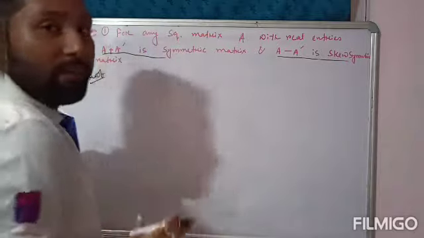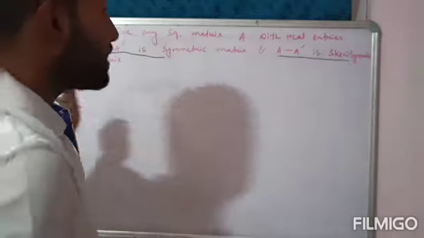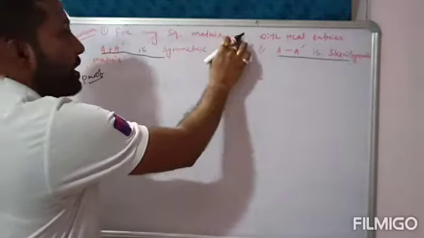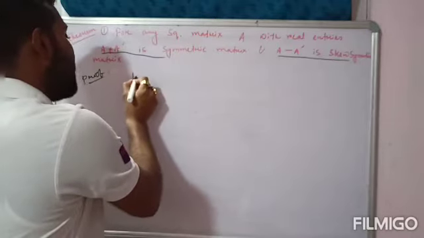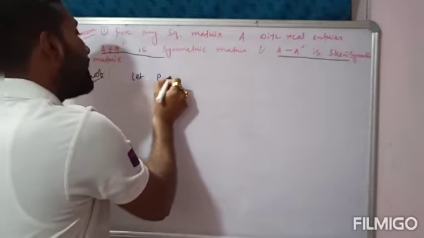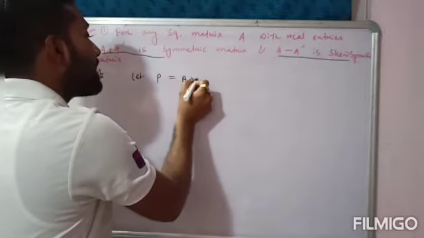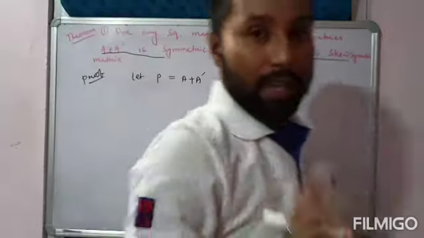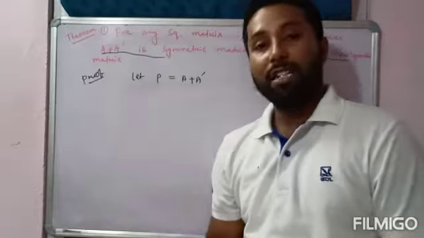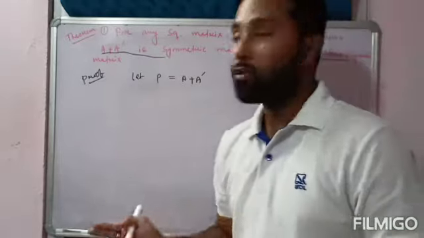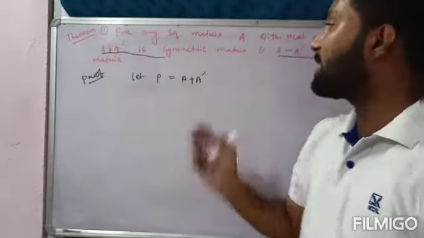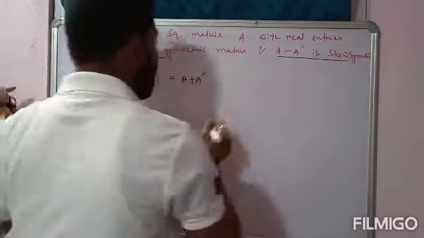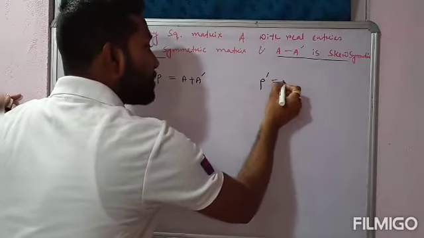The first part I will prove now. A plus A transpose is symmetric. Okay. So for a square matrix, A plus A transpose is symmetric. Let P is equal to A plus A transpose. This is one matrix. Now what you have to show, since A plus A transpose is a symmetric matrix, means you have to show that P transpose equal to P.